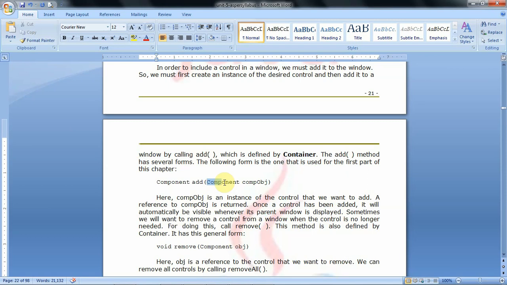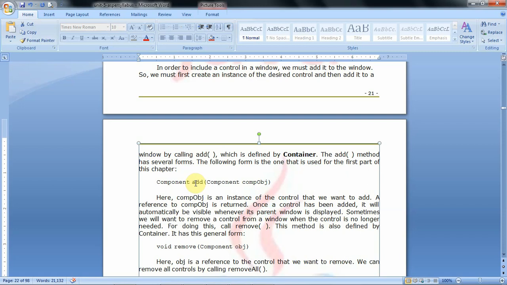Here we need to mention the control name, that is the particular label object or particular button object or particular list object. So which AWT control we want to add to the frame window or applet window, we need to use the method called add. So the add method is used to add the component or control to the window.